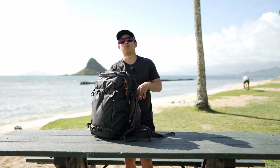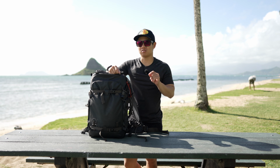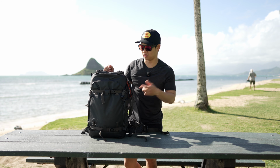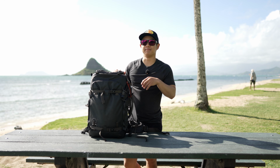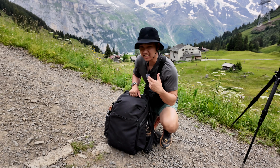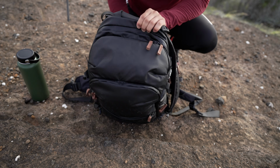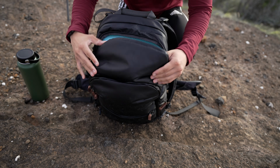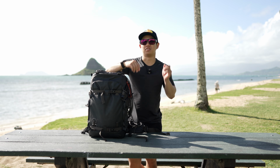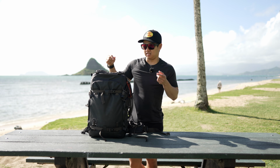However, I don't know if it's officially supported, but I think that if you were to pair these new core units with the right Explorer bag, like maybe this would work well in the Explorer 30 or the Explorer 35, or if you got the large 25-liter core unit and put it into an Explorer 25 or an Urban Explorer 25, because that pocket is a little bit more quick accessy. It's quicker and easy, and it doesn't have extra space. It doesn't have the roll top, so you don't have extra space to throw in extra camera gear. So that might actually work with these core units a little bit better than